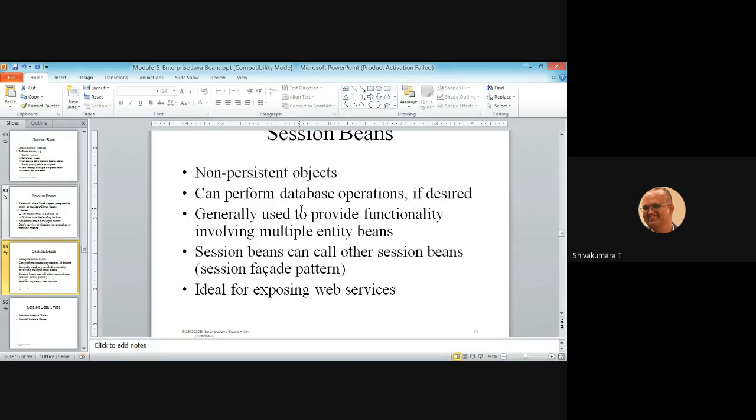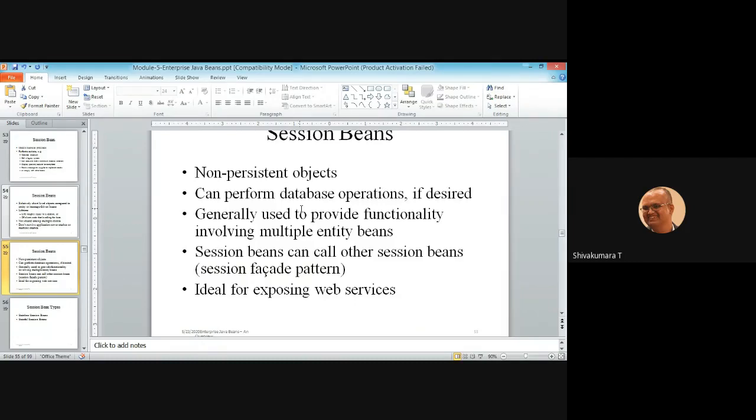Through those controls, you are calling the corresponding servlet, which in turn will call the corresponding session bean business method, which is defined under the interface. So based on the user request, it is delegating, transferring the control to the corresponding session bean. That session bean will be provided by the container to process the client request.